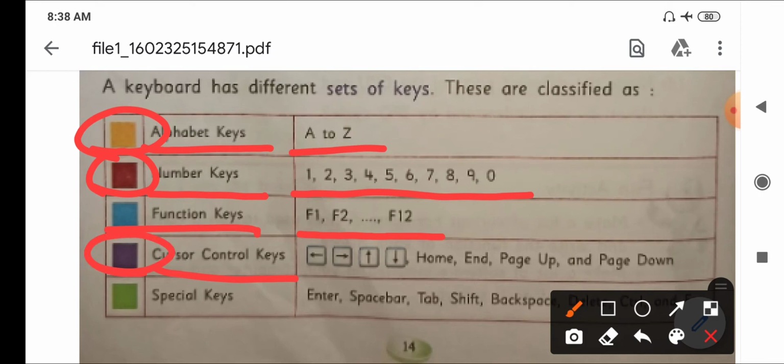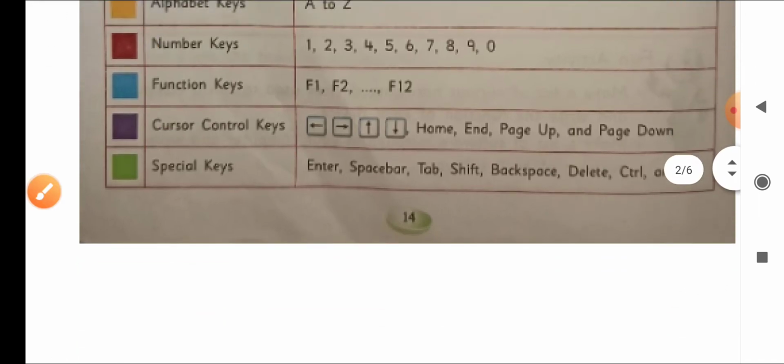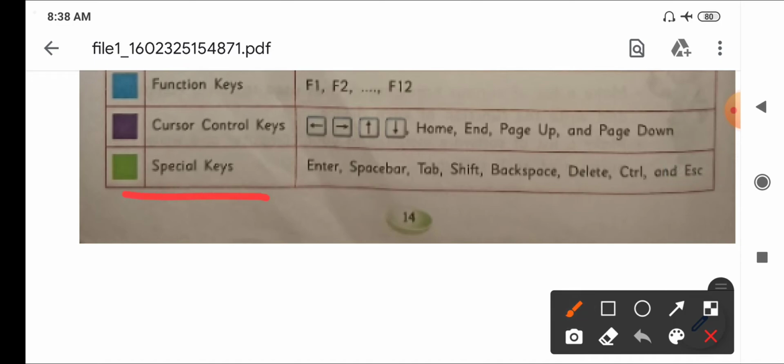They are used to move towards your left, towards your right, up and down, like Home, Page Up and Page Down. These are cursor keys, and special keys are mentioned in green, like the Enter key, space bar, Tab, Shift, Backspace, Delete, Control and Escape.